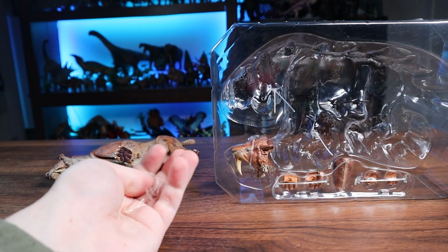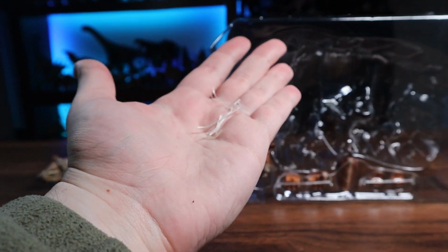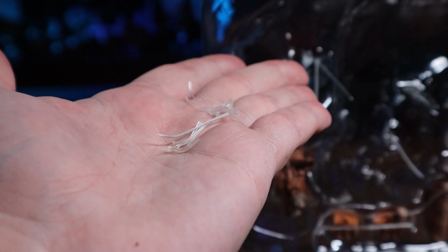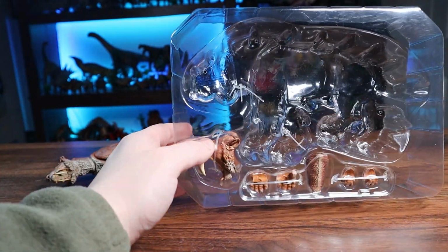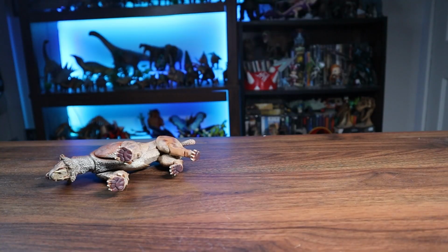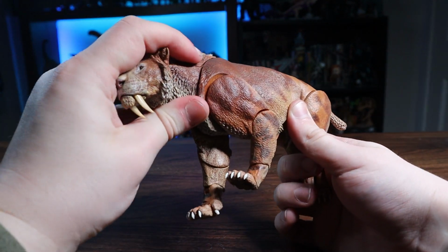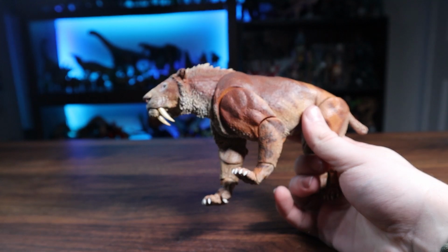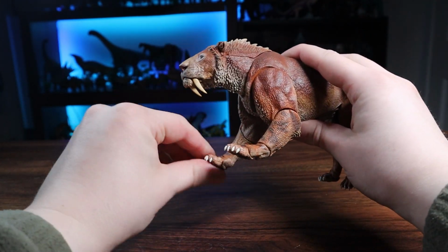I swear with how many Creative Beast things I open nowadays, I just find these little plastic ties all around the rug in my room, just everywhere from filming the videos and such. It's really funny. Accessories off to the side. Smilodon time. All right, I'm really curious how this one has improved compared to the one that I have, because